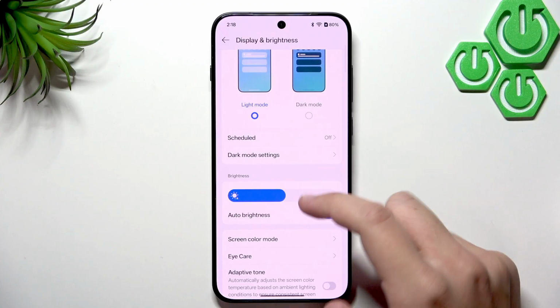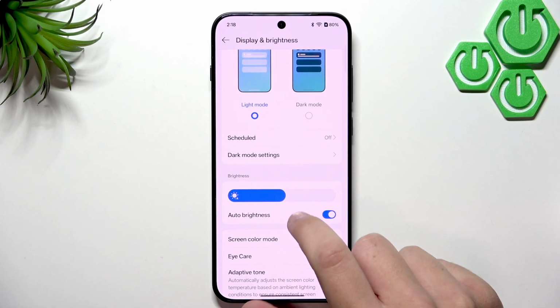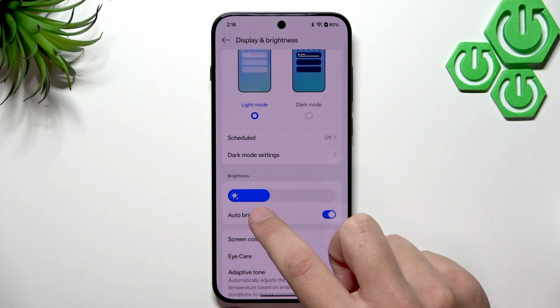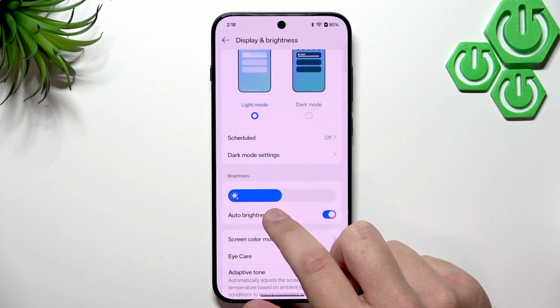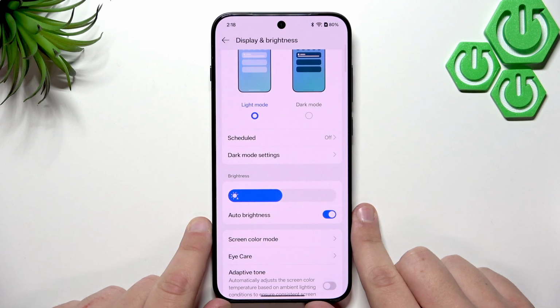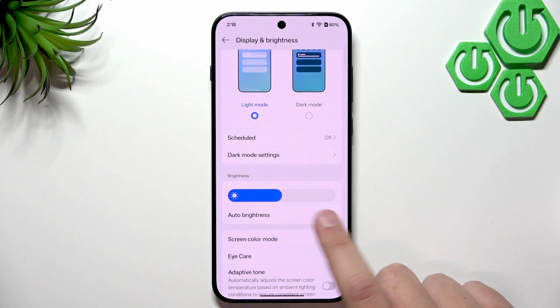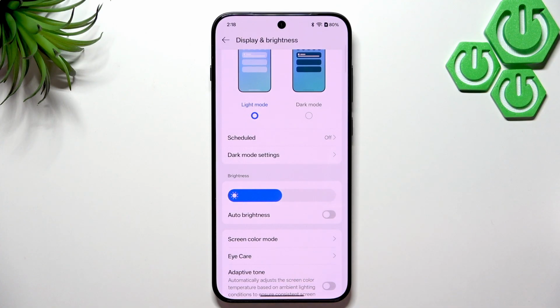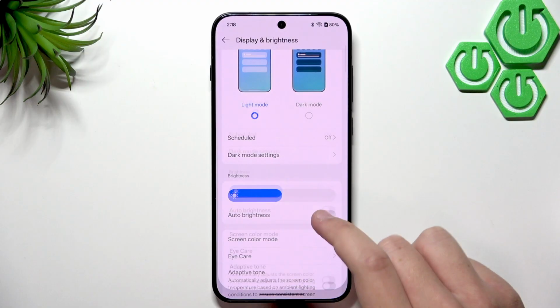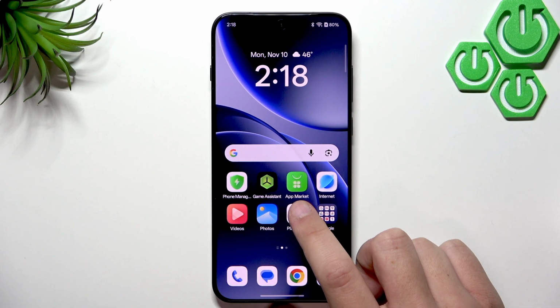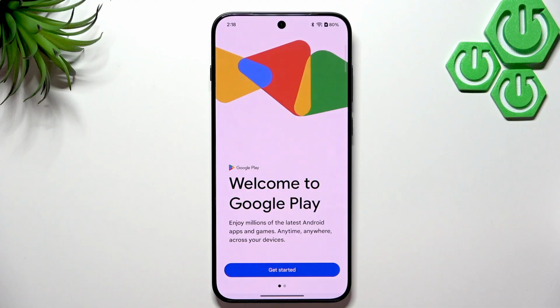Right here, we will have the brightness, and now we need to make sure that we adjust it up to ourselves. So I need to keep it at this level because of the recording, but you can set it up to your preference. Now make sure that auto brightness is disabled. And after that, if there are still some flickers on your screen, you can go into the Play Store, and